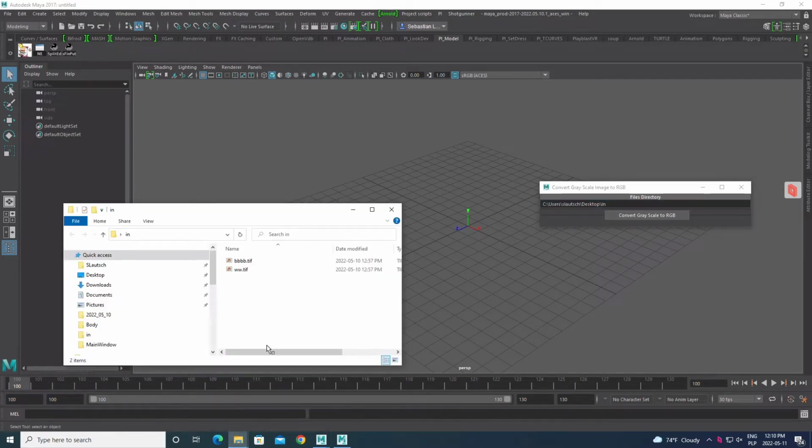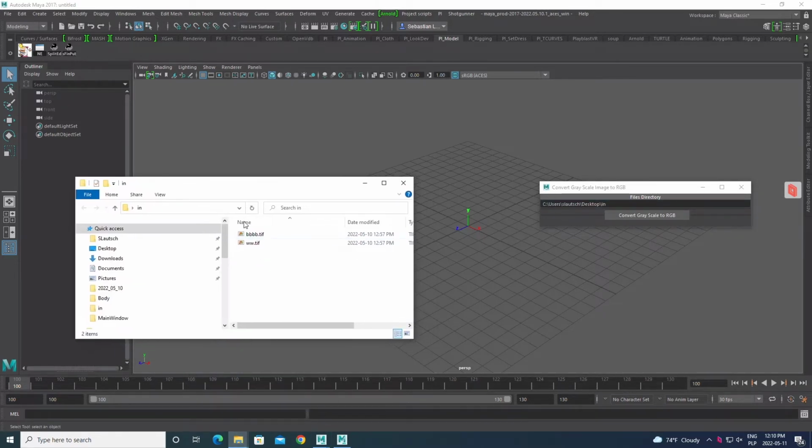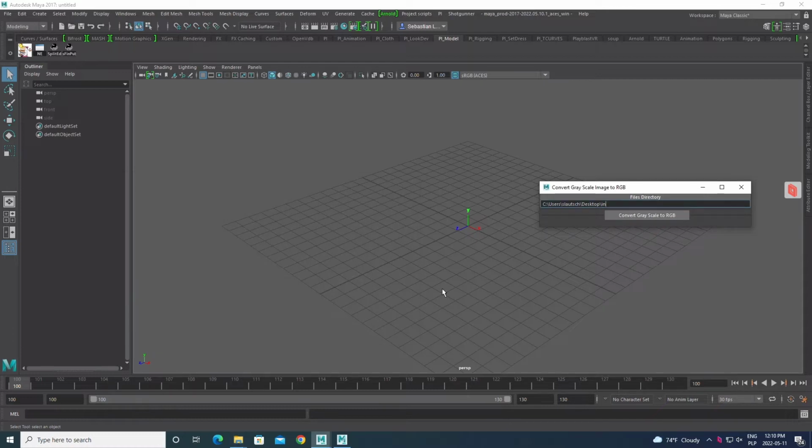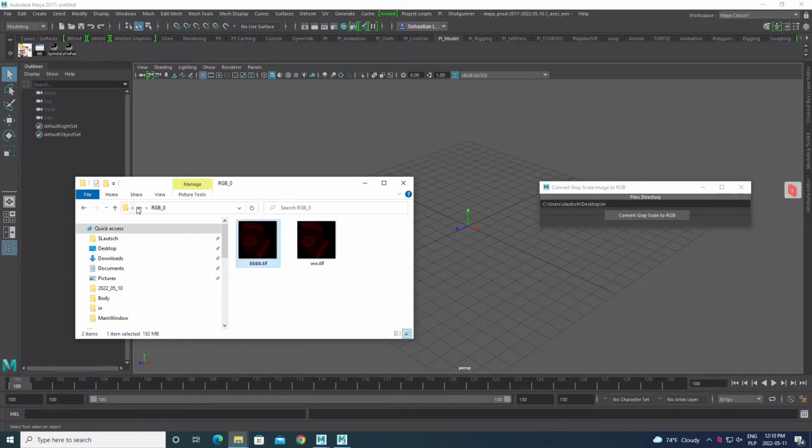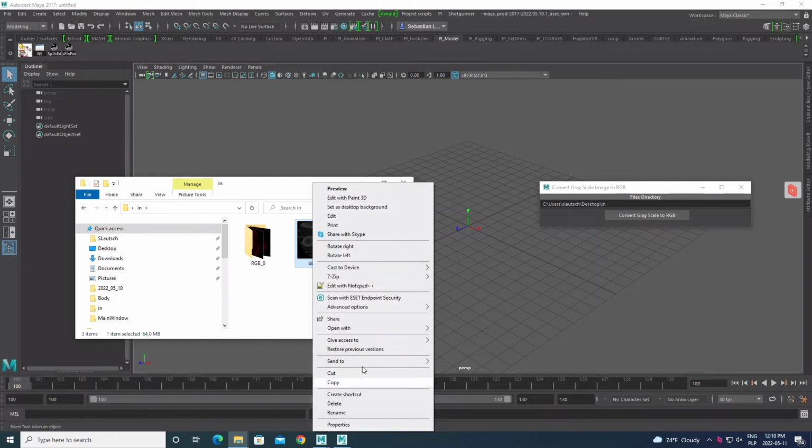And for the time being, it's good to have only the files that are like this type of files and so on, because it checks them if they're like 3 channel or 1 channel and it converts them. And just hit convert, a new folder will appear inside RGB0. If there's more than one click, another one will appear. So here we have like a